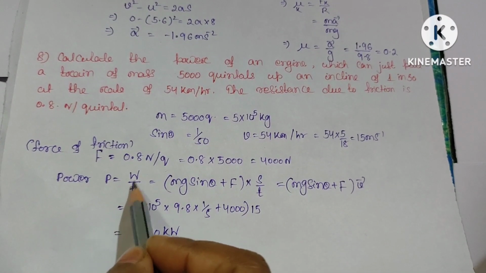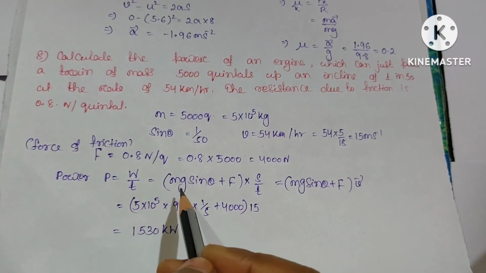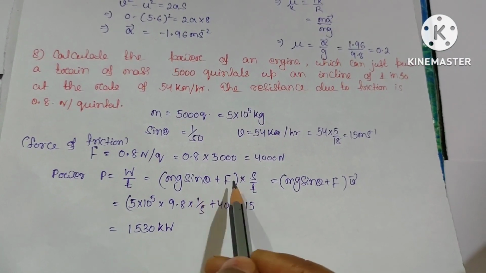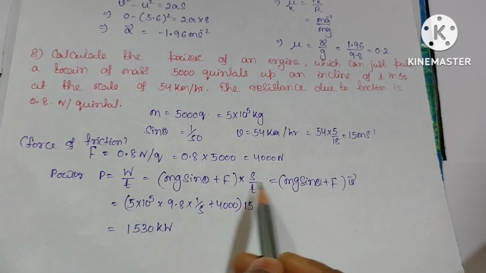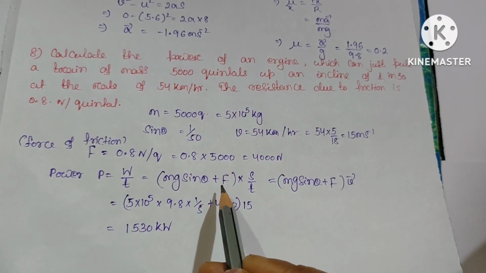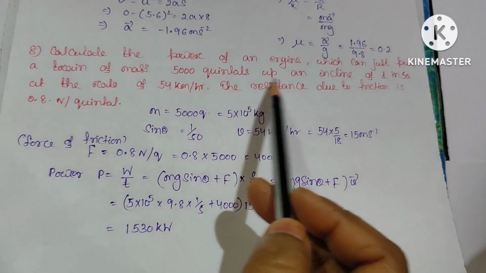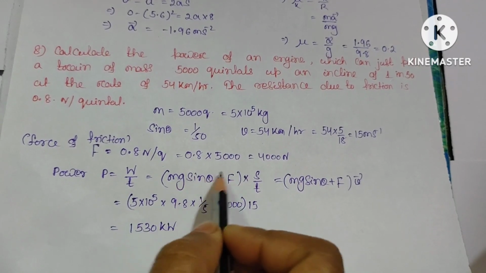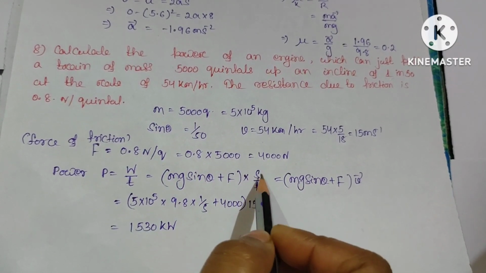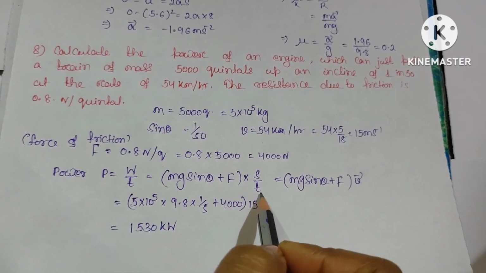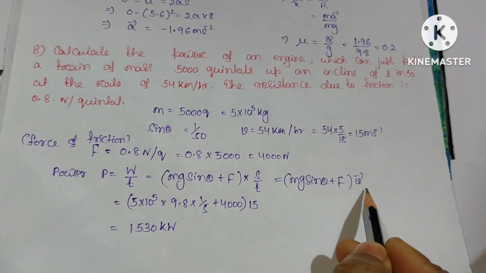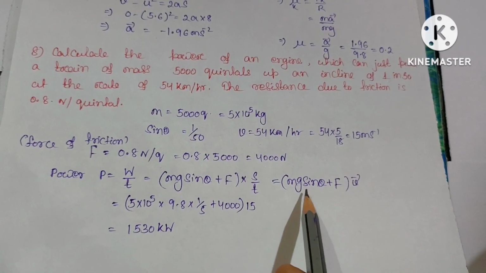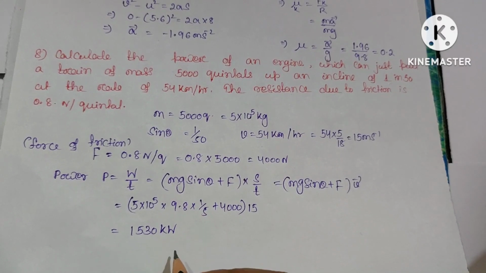Power equals work by time. So this is equal to (mg sin θ plus f) into s by t. Work done equals force into displacement. The force will be mg sin θ plus f, because it is moving in the upward direction. So the total force into the displacement s, divided by the time t. This s by t gives the velocity, displacement by time. Finally, putting all the values of m, g, θ, f and v, the power will be equal to